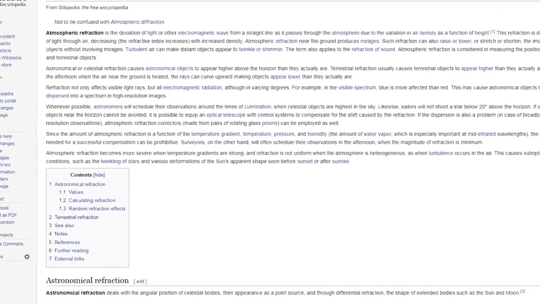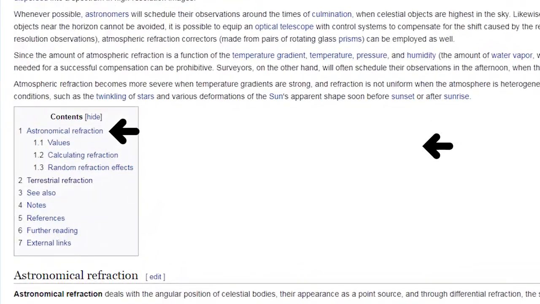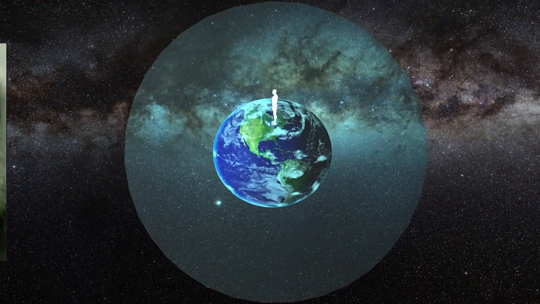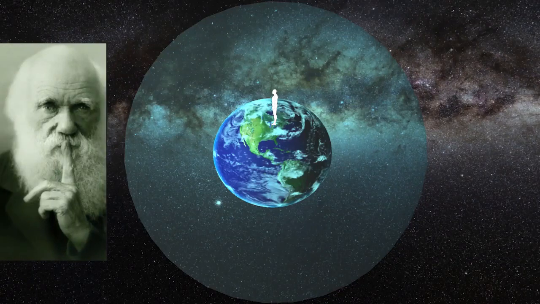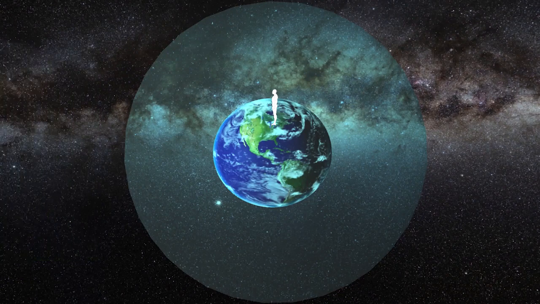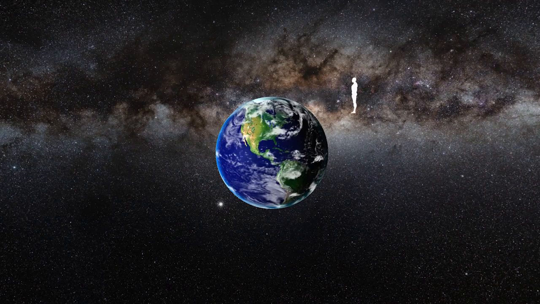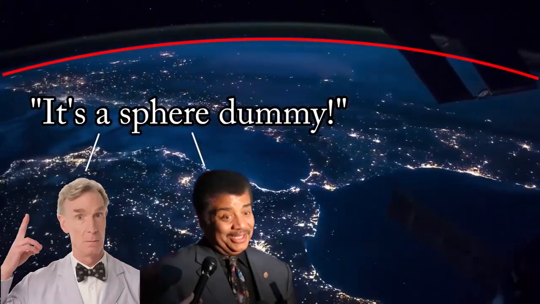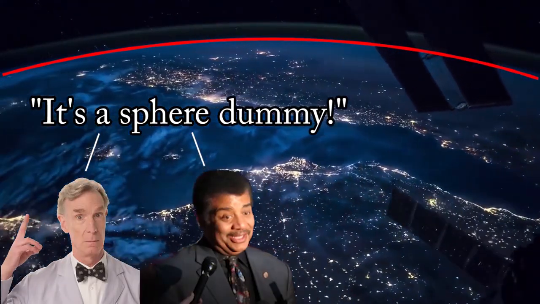Wikipedia does not discuss this phenomena. Astronomical and terrestrial refraction are both instances where the viewer is on the surface of the Earth. Physicists do not discuss the phenomena. It's as if they assume that there's absolutely no visual distortion for the viewer outside of the atmosphere, which is a complete physics fallacy. Now, every time you've heard someone say, "The Earth is a sphere, haven't you seen pictures